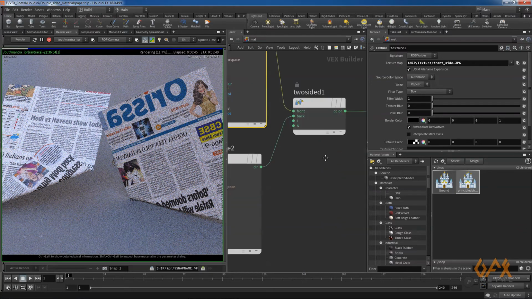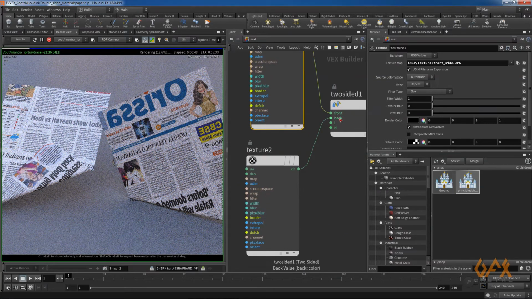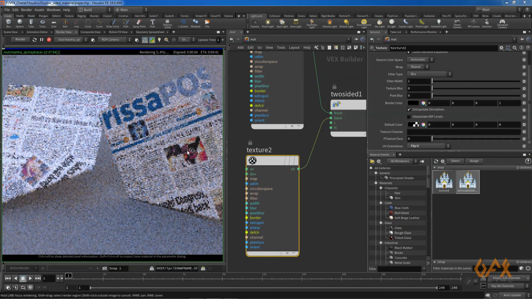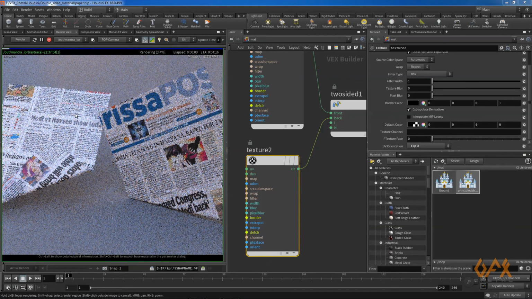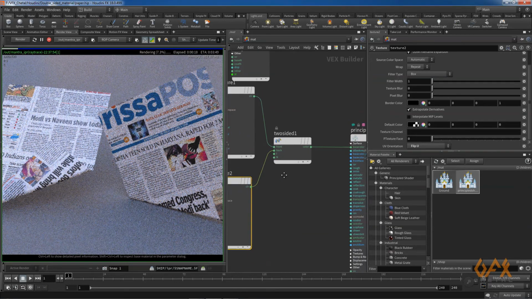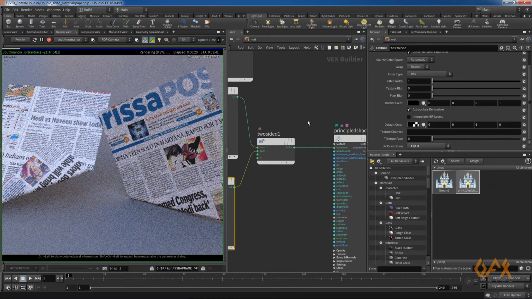So for that what you need to do, just make sure that thing in your back, just select that input texture and go over here to UV orientation, click over here and flip U, and now you see you get the proper texture. So this is a very easy way to apply two textures in a single shader.